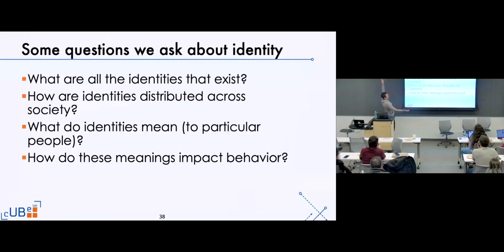And so you can ask a set of questions here, right? What are all of the identities that might ever exist in the world? That's an interesting question, I think. How are they distributed across society, right? So who gets to have a particular identity and who doesn't? That's one form of how we could conceive of structural inequality. What do identities mean? When I tell you I'm a father of one, that makes you think something about me. How do we quantify that? And then, how does that feeling or impression that you get of me translate to how you act towards me? These are not the only interesting questions, but these are the ones that I have tuned into